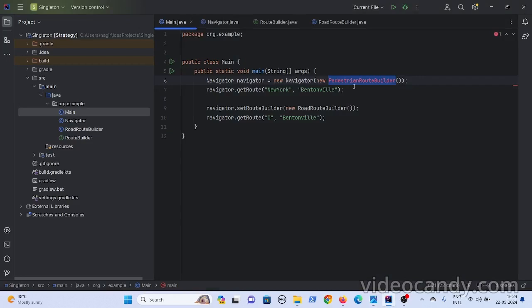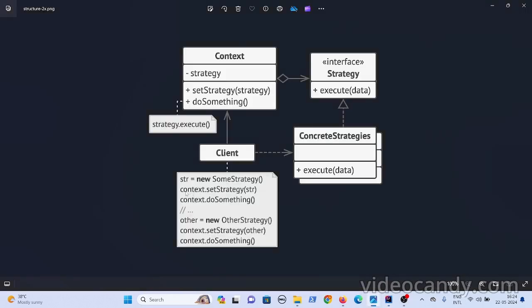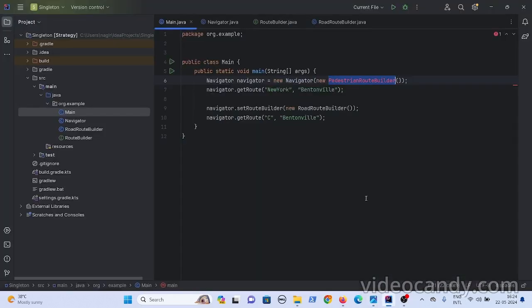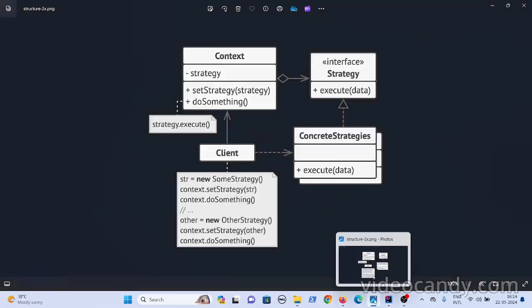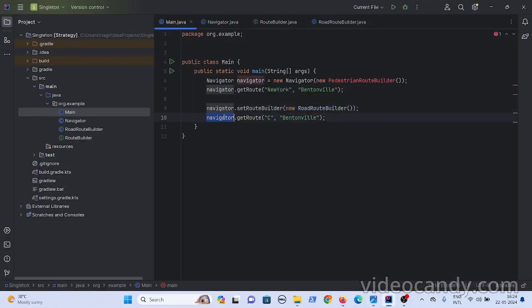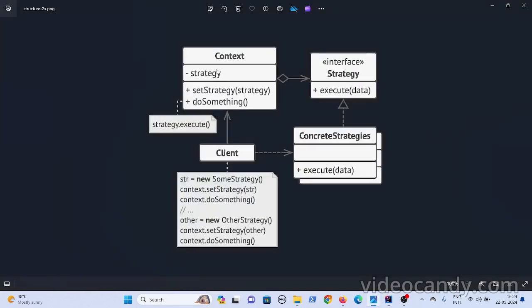I had also done the same thing, new pedestrian route builder, and then context dot set strategy. After some time, I have done navigator dot set strategy of this new strategy. Then I have done context dot do something. Navigator is the context here, and do something is nothing but the get route method. So I have done the same thing. So this is the UML diagram of the strategy pattern, where you have context and strategies.